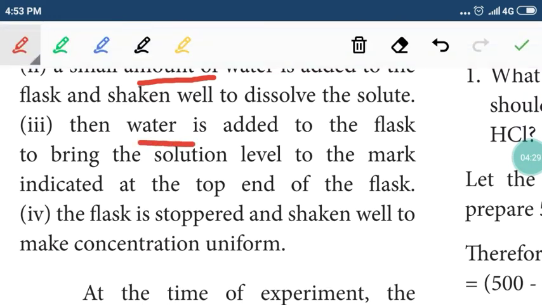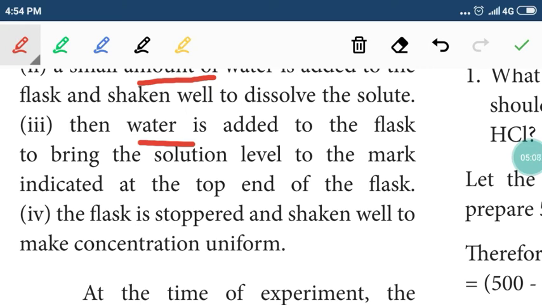the remaining solvent will be added. Like the pipette, you have already seen a pipette in 10th practicals. In every glass apparatus there will be a mark. The burette has 50 ml capacity, and we have a mark for every 1 ml. Like that, in the pipette also we have seen. In the laboratory we use a 20 ml pipette, and there will be a mark which represents exactly 20 ml. So in the standard flask, we have to add solvent until the solution reaches the mark.